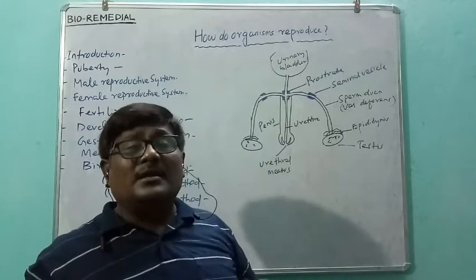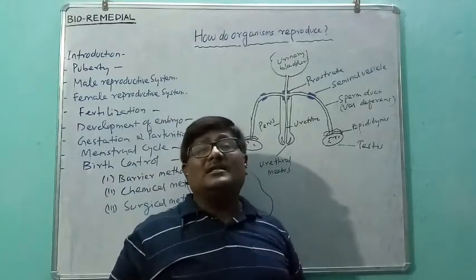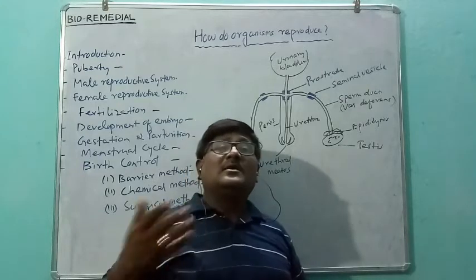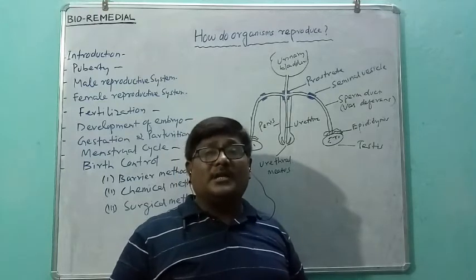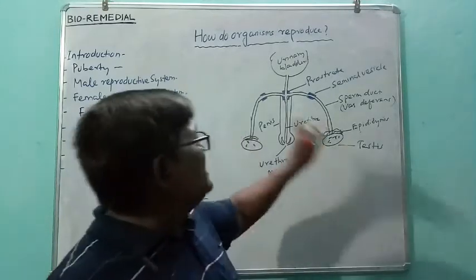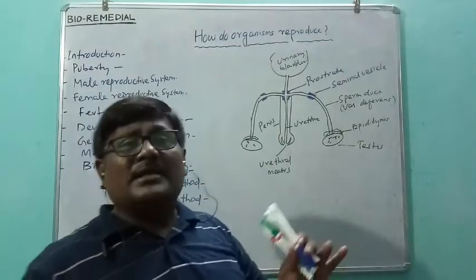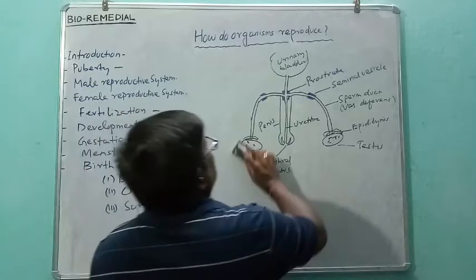Now we will understand what happens when these sperms are released and how they are released into the female body for fertilization. We will understand the female reproductive system. I think by this there will be a clear idea of the male reproductive system. Now students,